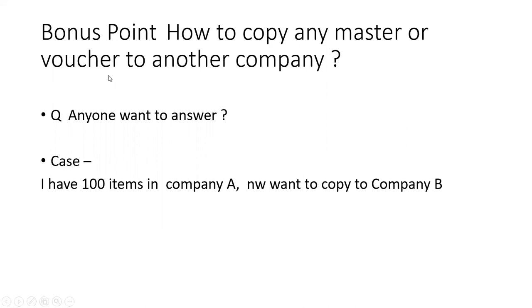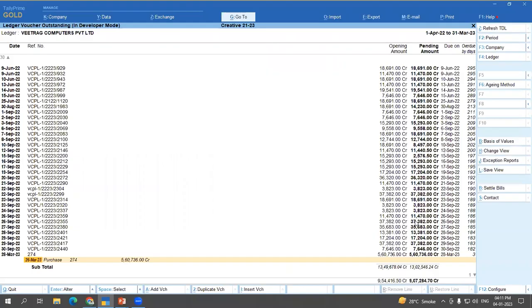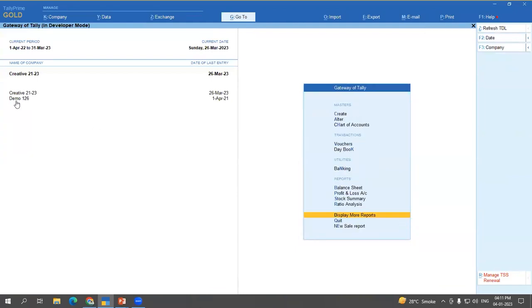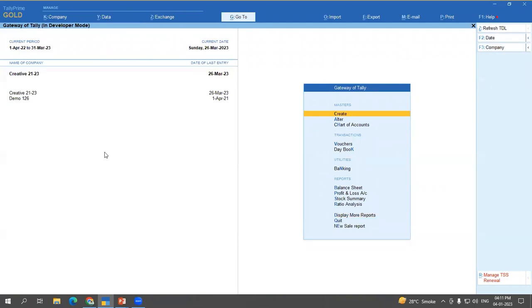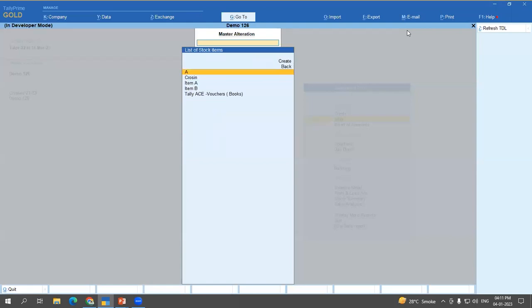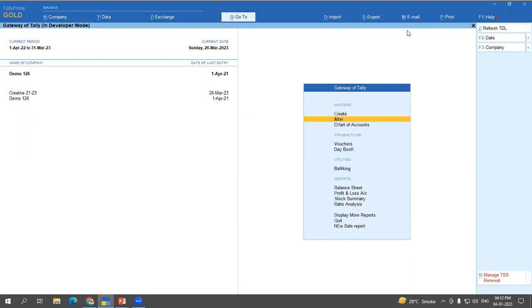suppose I have one company, company A, and I have another company, company B. I want to shift one item from this company to another company. That is possible many times. See here, there are two companies, creative and demo. Suppose in demo company, alter stock item, there are only 1, 2, 3, 4, 5. Okay, there is no TallyPrime Gold. So what do I have to do here,